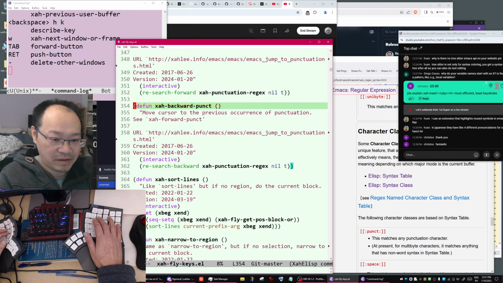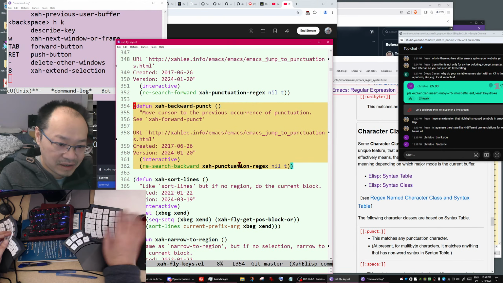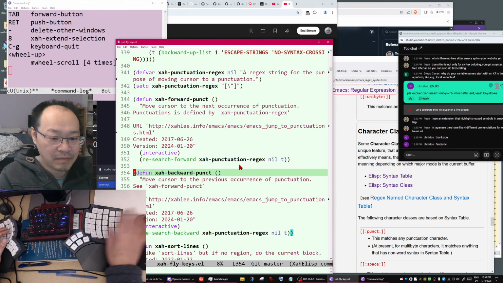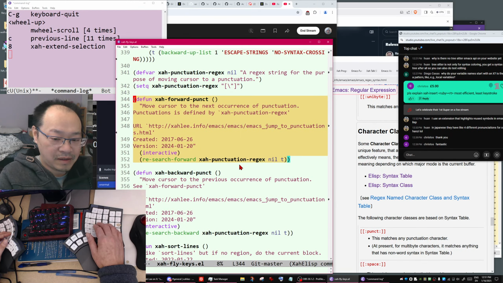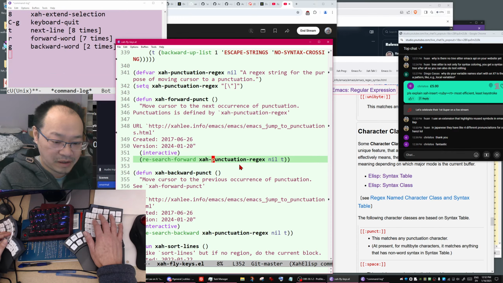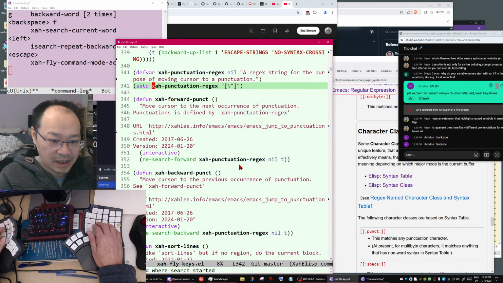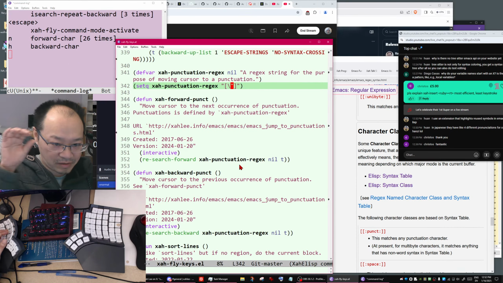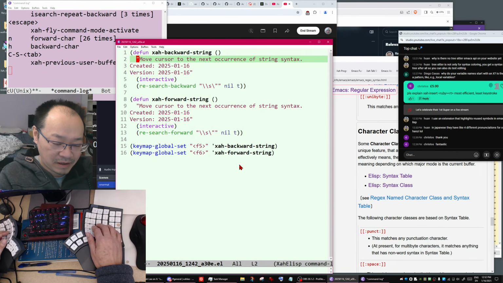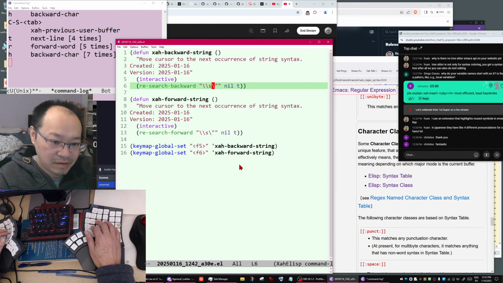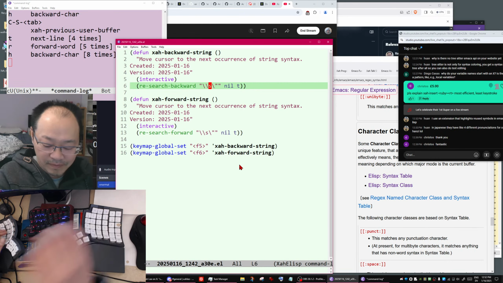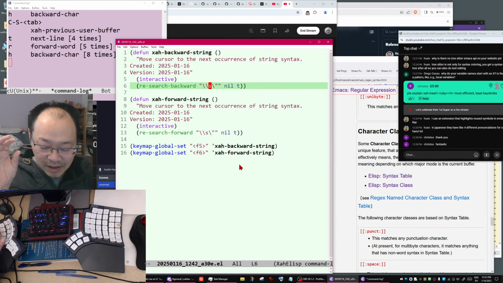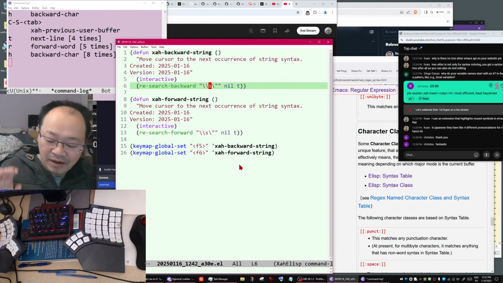You see, functionally, it's not very different from this. In this case, we are just searching forward for this regular expression, and that regular expression is just a single double quote. But here, we are using this special regular expression to search for any character that's defined to be a string delimiter. And in Emacs Lisp major mode, it happens to be also double quote. So they have the same